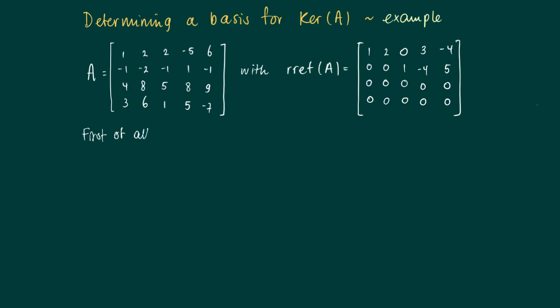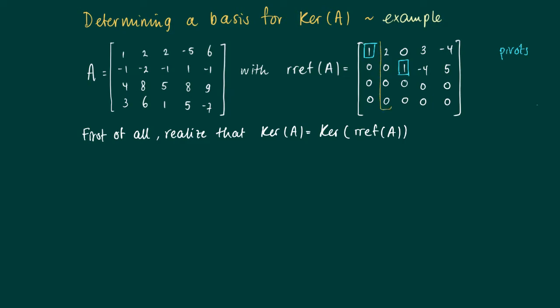Then, first of all, if we solve AX equals 0, then we know that this solution won't change through Gauss-Jordan elimination steps. So the kernel of A is the same as the kernel of the reduced row echelon form. Now look at this reduced form and we see that we have two pivots. So we have two leading ones, which means that actually we have 3 columns